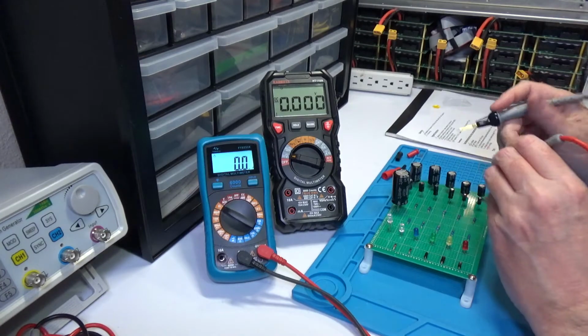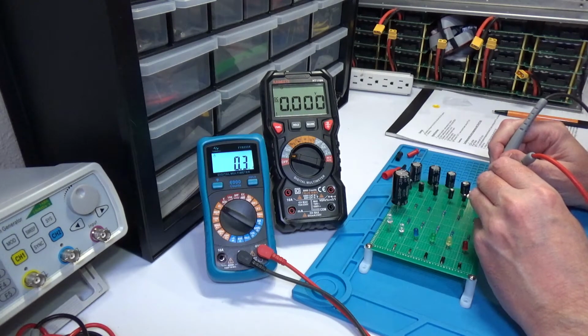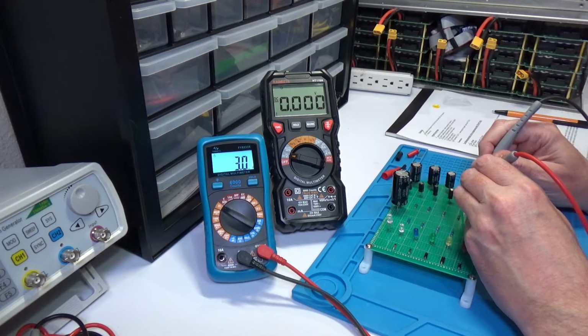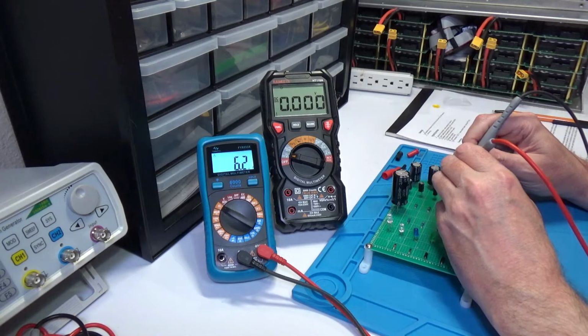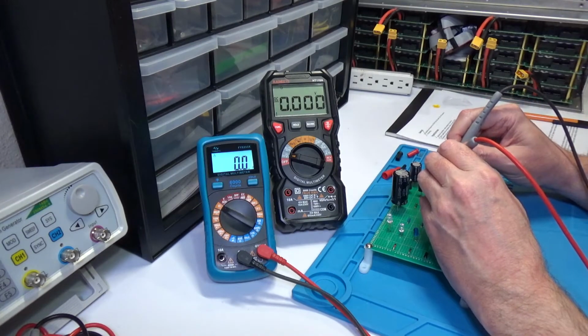Here's the interesting thing. When you go to 1 microfarad, it's only reading it as 300 nanofarads. That's not good. Okay, once we get to 3.3, seems to make a recovery. Yeah, it's getting 3. Should be more like 3.2, but that's close enough. Okay, next one is 6.8, and we're getting 6.2. Okay, next one is 10 microfarads,